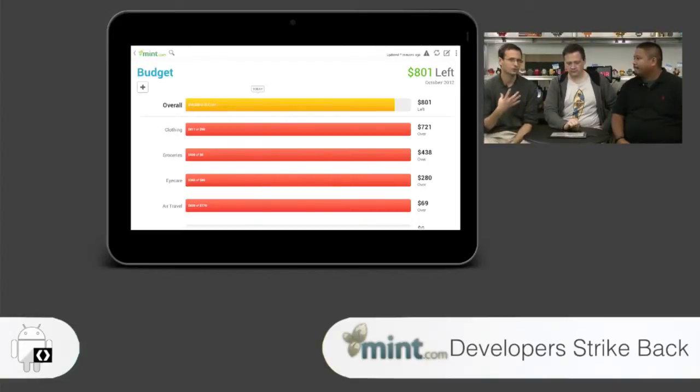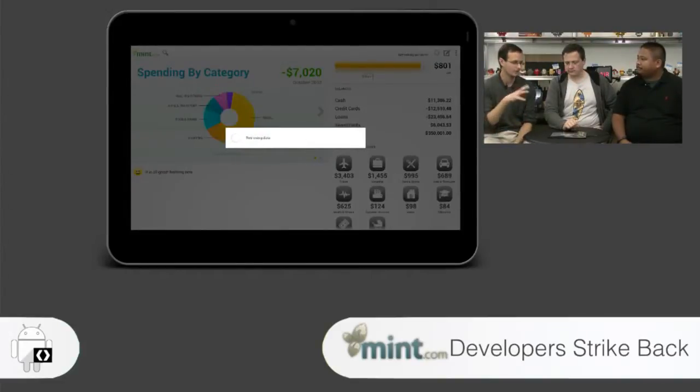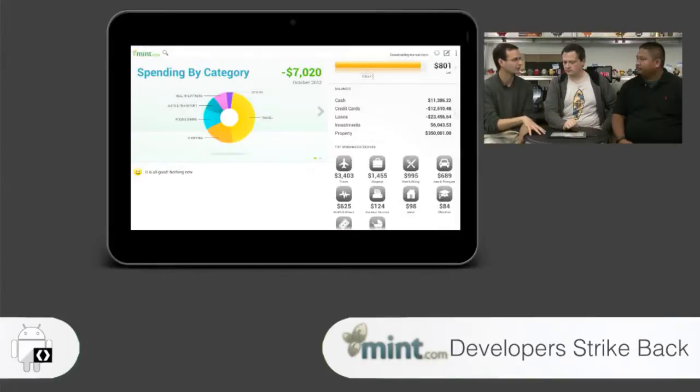Nice. That's something which we go on about quite a bit, which is the idea that on a phone, you really want to have almost a single action. You open it up and there's one or two steps to do whatever it is you want to do: check to see whether I can buy this thing, or enter the information that I have bought this thing. Right. Whereas on the tablet, you are expecting people to sit down and spend a bit more time, so you can have a little bit more of a complex workflow and more complex actions to complete.